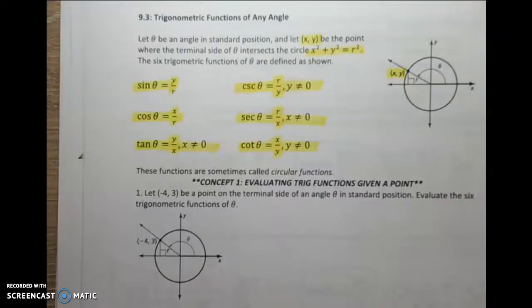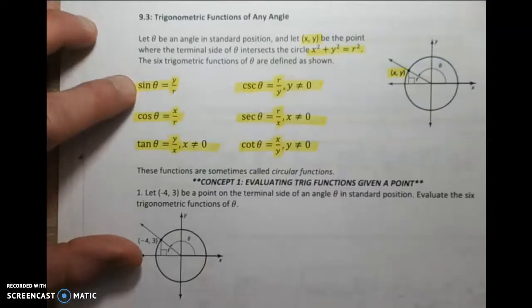9.3 Trigonometric functions of any angle. Let theta be an angle in standard position, and let the ordered pair (x, y) be the point where the terminal side of theta intersects the circle, which has an equation of x squared plus y squared equals r squared. The 6 trig functions of theta are defined as sine theta equals y over r,